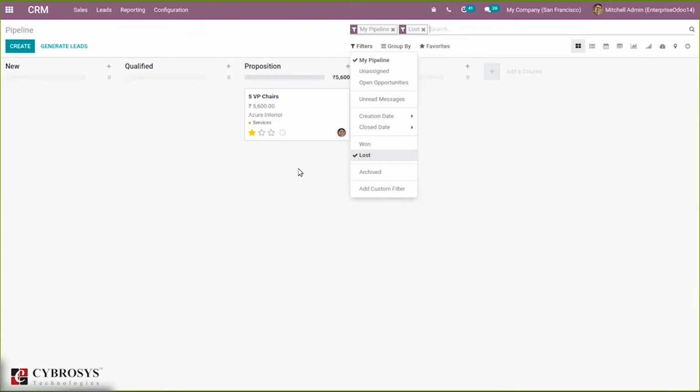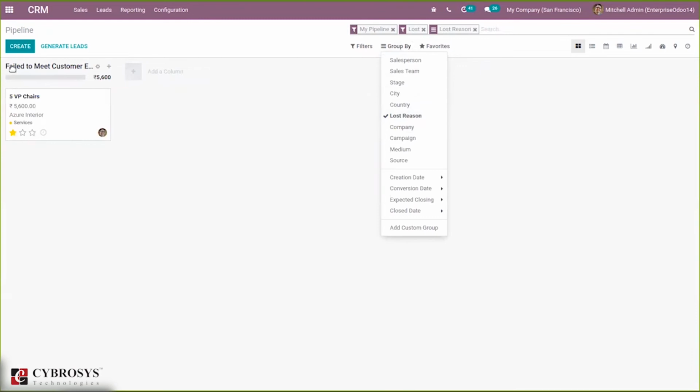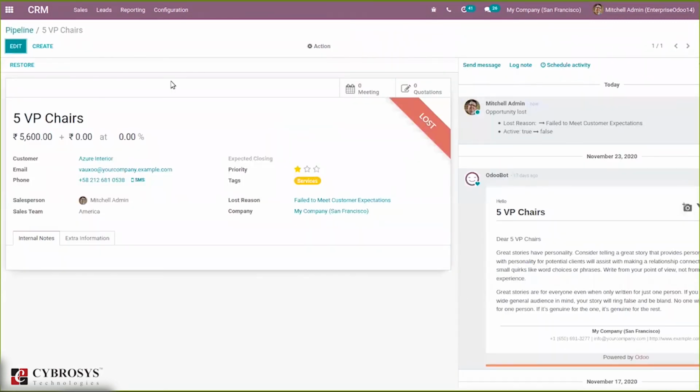When you click here, you can see one opportunity is lost from the proposition stage, and you can also group this by lost reason. Here you can see the lost reason and that opportunity. When you open that closed opportunity, there is also an option to unarchive it, that is to restore our opportunity.